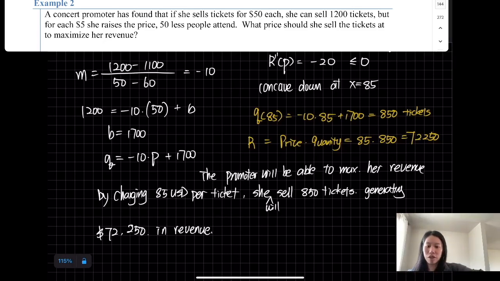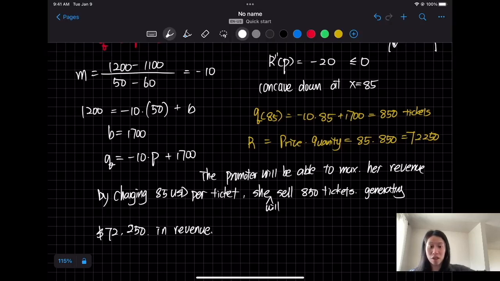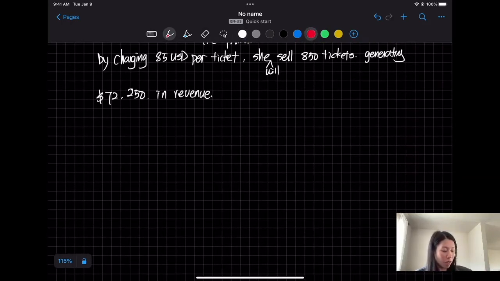So I want to give you another important concept for this section. Sometimes we find our maximum revenue, but the maximum profit will be different from the revenue, because sometimes the marginal cost will be too big. That means you might make no profit by making so many products, right? So here is our first concept in this class: the profit has a critical point, which could be a maximum or minimum,